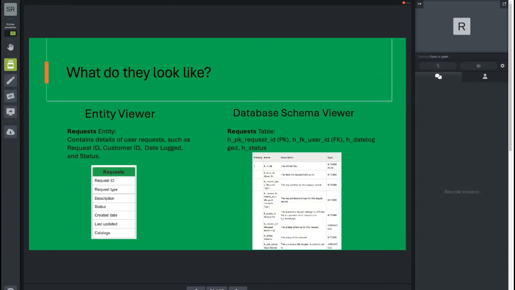Now, there is a naming convention used to name table columns, and they will help you as well. You'll notice that some columns will be prefixed with H_PK, which identifies the column as a primary key. The H just says it's a Hornbill table or Hornbill column. Foreign keys also have a prefix of H_FK in the column name. Identifying the primary and corresponding foreign keys is fundamental to being able to retrieve data from multiple tables for a